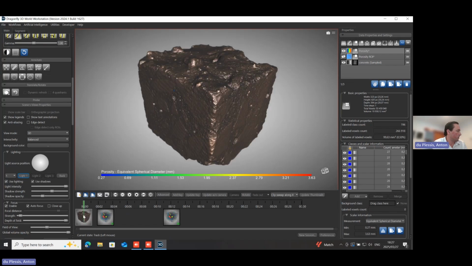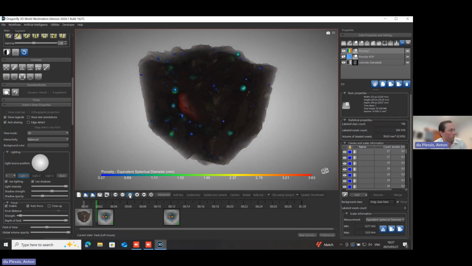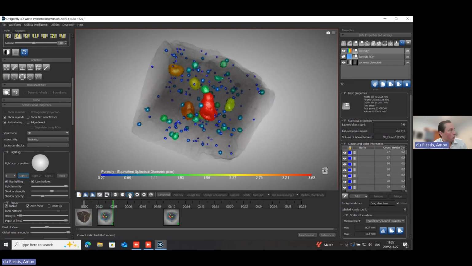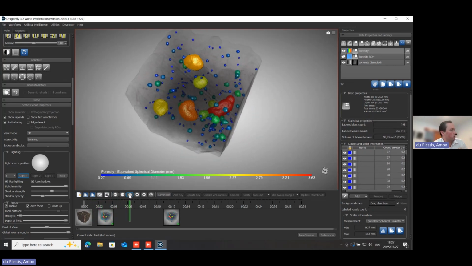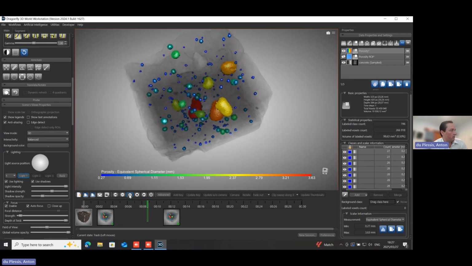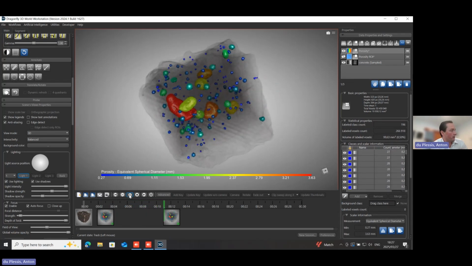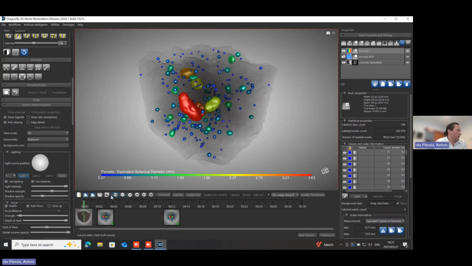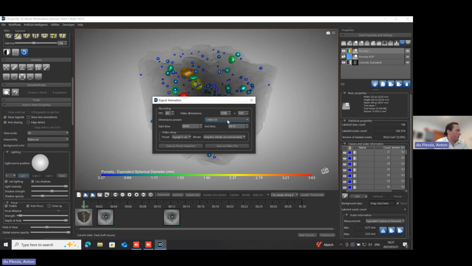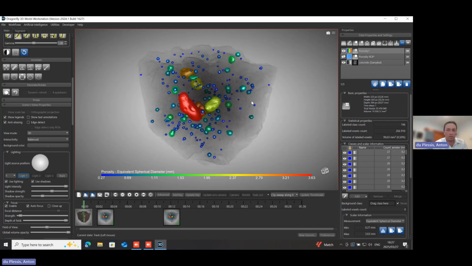If I click on the first one, double click there, we can make a play button, which makes a preview in the software to show you what your video will look like. It's good to do this to check if this is what you expect the result to be looking like. And once you're happy with that, you can click on this button here to export the animation. I typically choose HD resolution and save to a video file, AVI file, and that takes a couple of minutes. So I'm not going to go through that here, but that's how you save a video.